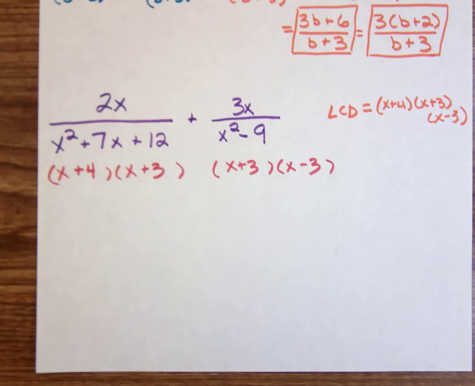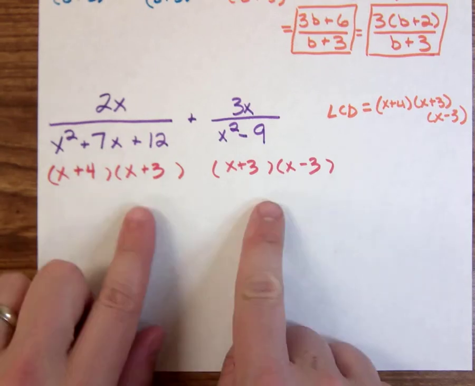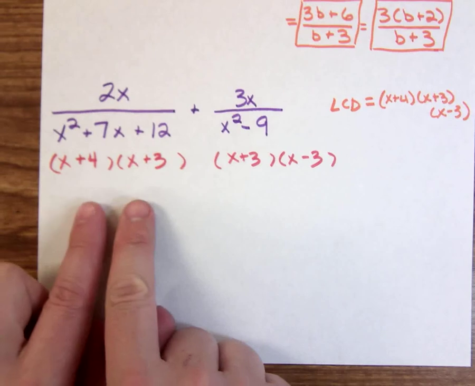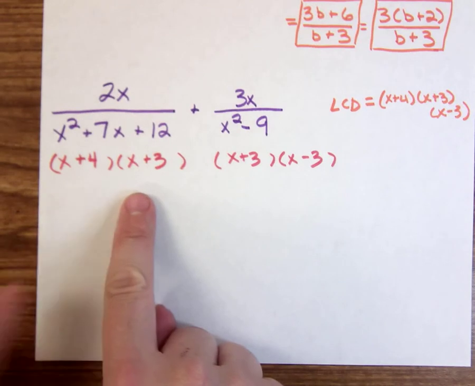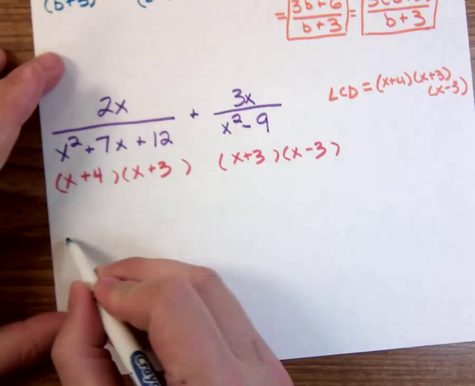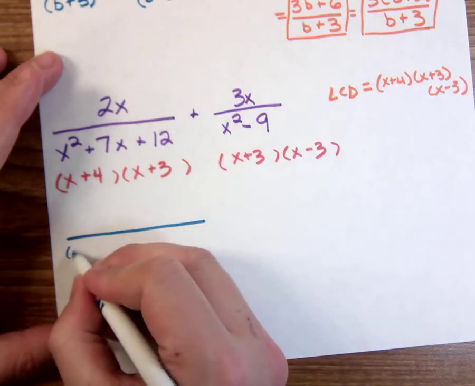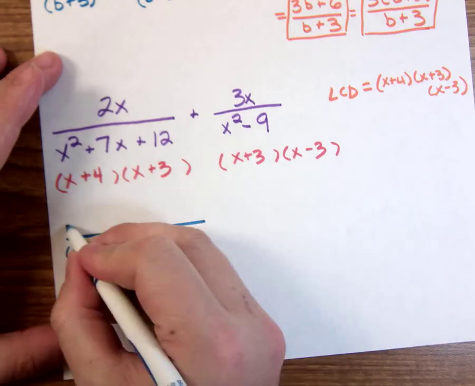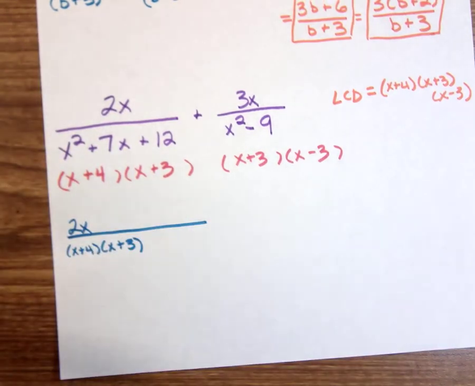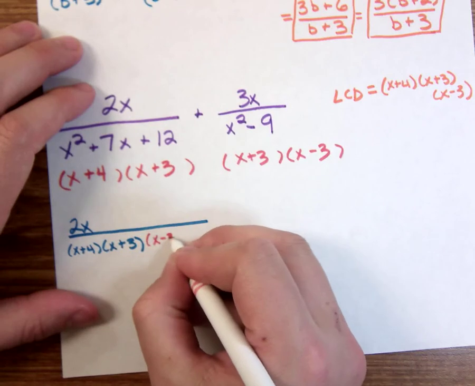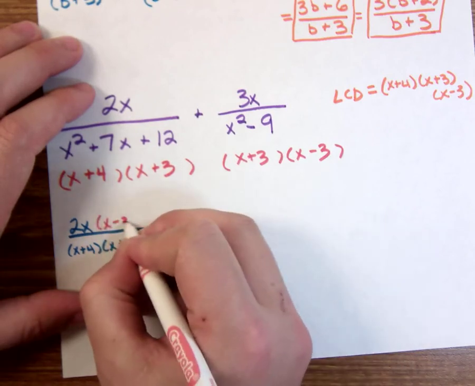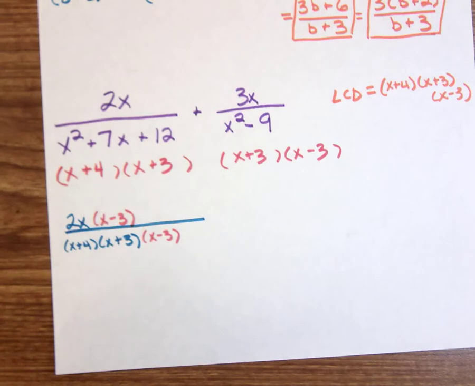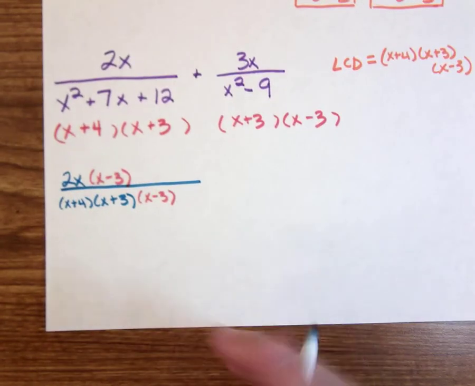Okay. So now I need to rewrite both of those fractions so that they have x plus 4, x plus 3, and x minus 3 as the denominators. And neither one of them's done, but they're both pretty close. What's this one missing? x minus 3. That's missing the x minus 3. So here's what I'm going to do. I'm going to do x plus 4 and the x plus 3 and the 2x. And then I'm just going to put x minus 3 on the bottom and x minus 3 on the top. Great. Plus,